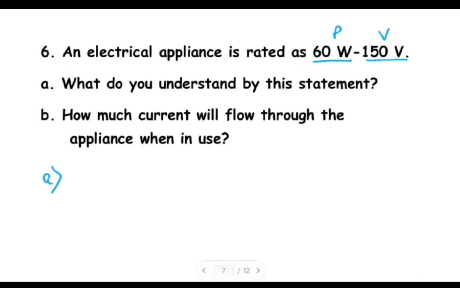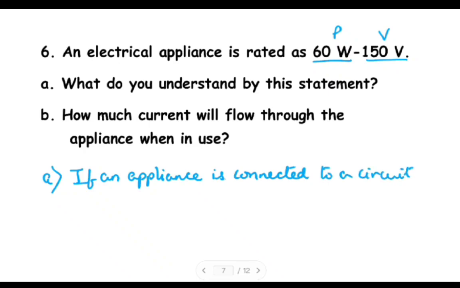So by this sentence, they mean that if an appliance is connected to a circuit with a potential difference, or with a voltage,